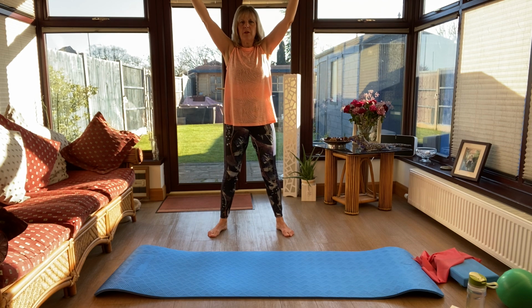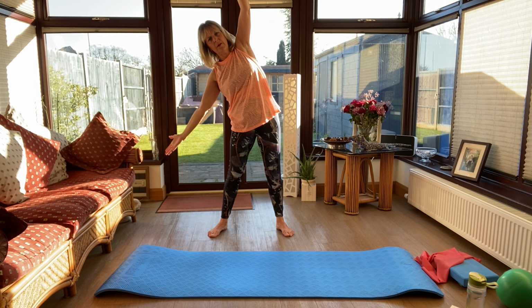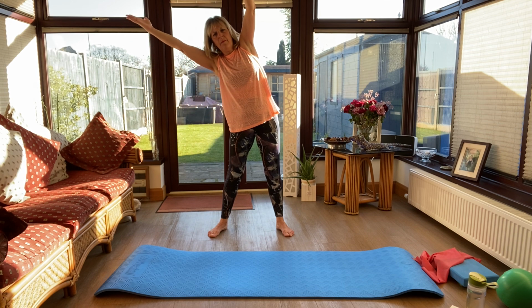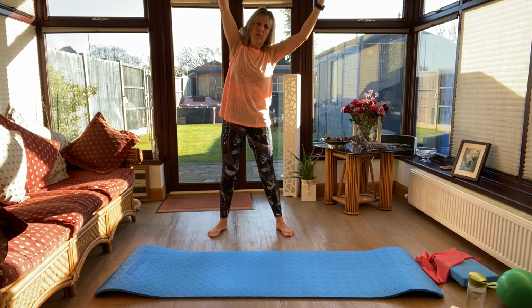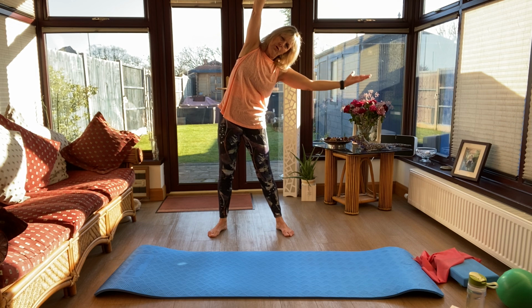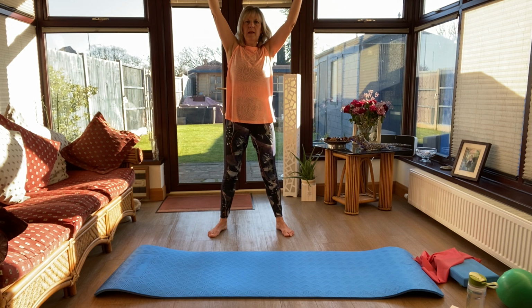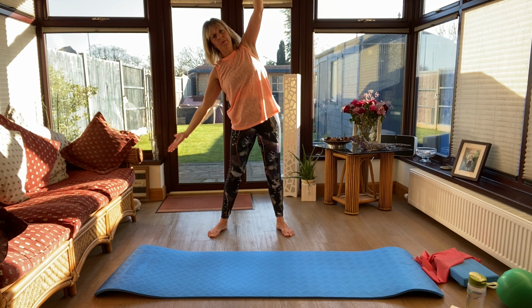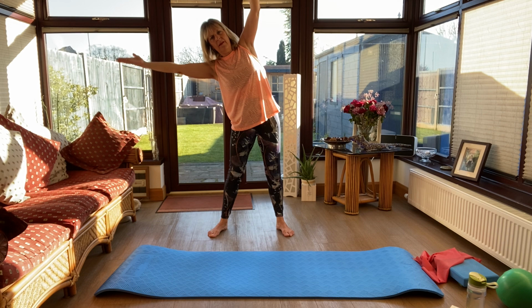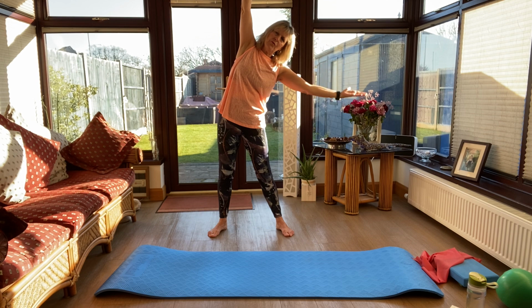Okay, this time we're going to take the arm down, so we're going to take it over. Now just feel the weight of that arm just going down, and then push everything back up to the top. And again, core engaged, pelvic floor lifted, over we go. Arm drops heavy, lifting up to the ceiling. One more each side. Over, arm drops and lifts. Last time. Over, arms drop